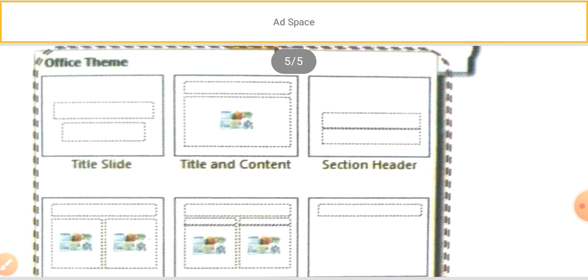If you want the same slide, just press Enter and the same slide will be displayed. If you want to change the slide, you can select any one: title slide, title and content slide, section header, two content, comparison, title only, blank. So many slides are there. Among those, select the one you need.